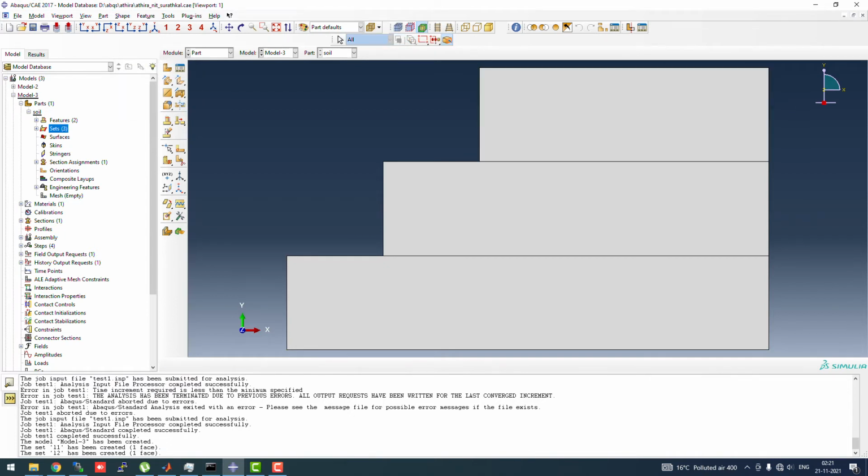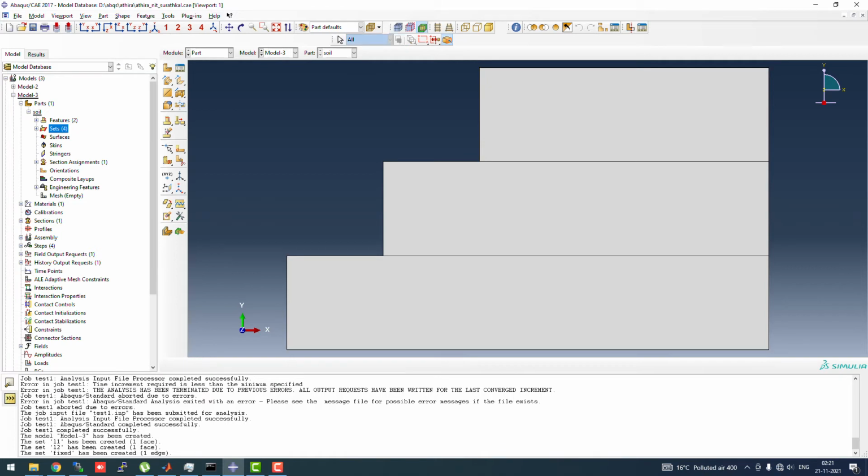Yeah, this is done, and we'll call a fixed set, because we want to fix the geometry from the bottom. So click on done, and we want to create a roller set. So we can apply this roller boundary condition at once.